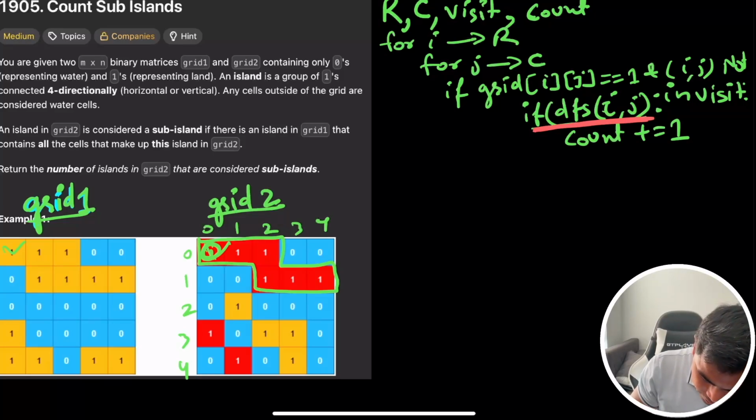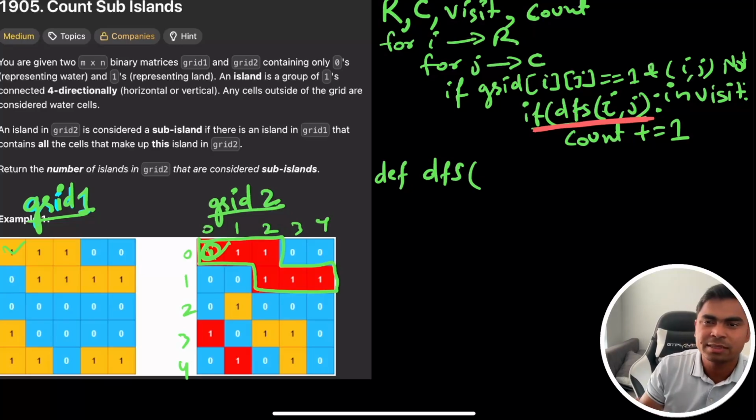So what we'll have is this small function, def DFS. I'm writing the Python code, pseudocode I'm calling it, but the Python language itself is very similar to pseudocode. It translates very well from English to Python. That's what I'm trying to say. So let's call it row and column, and then now we'll have our condition. So if